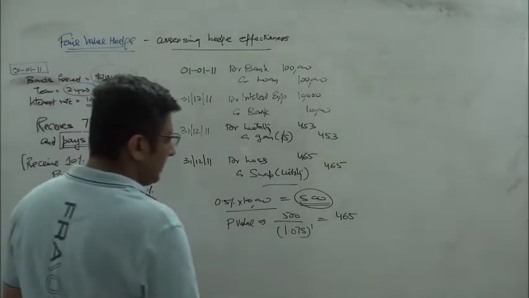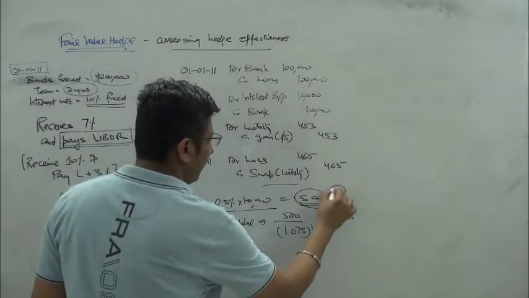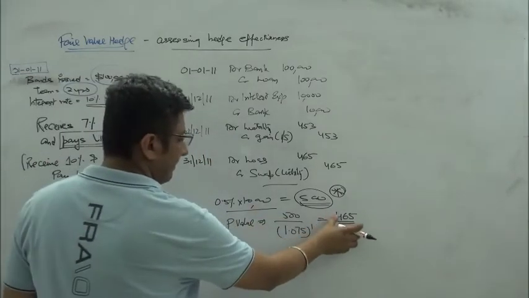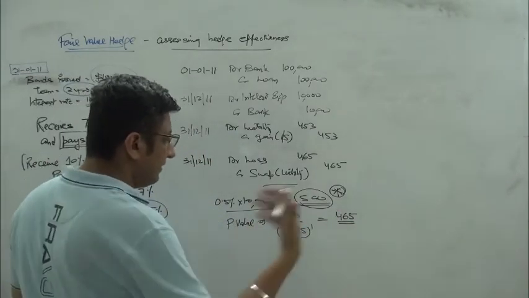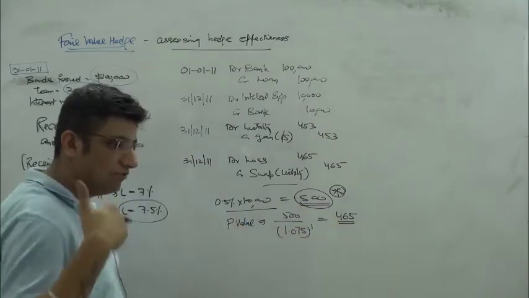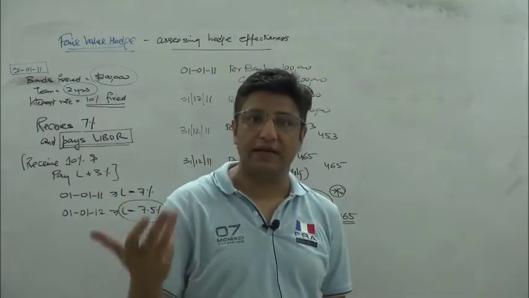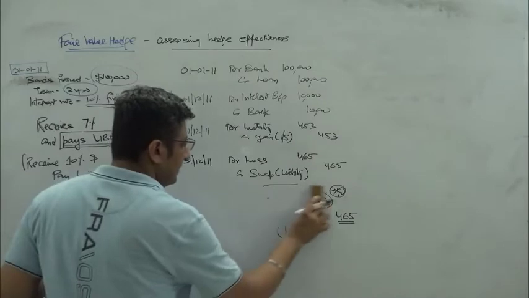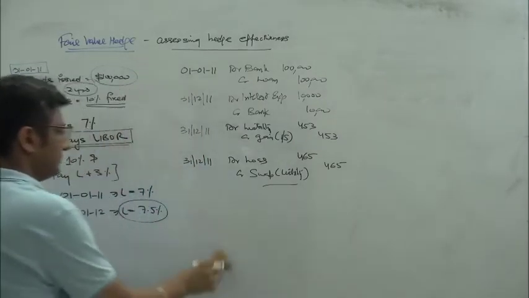Effectively, let's bear it in mind that I'm always going to pay 500. So this 465 is the present value of that 500. The incremental value will come. The 35 differential, 500 minus 465, would be charged over a period of time as again a P&L impact. Okay. So when I go to my next year,